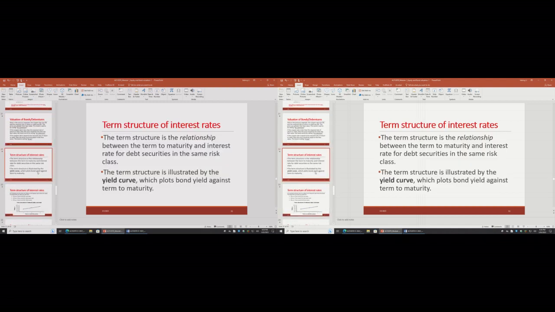Okay. The last point, the term structure. Term structure describes the relationship between the term to maturity and the interest rate for debt securities in the same risk class. And sometimes we call it the yield curve. Right? For example,